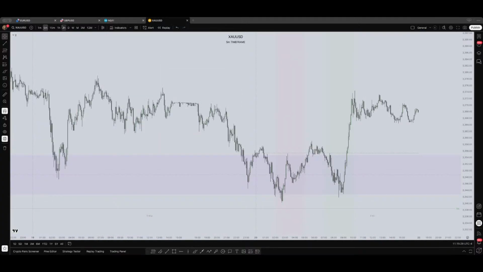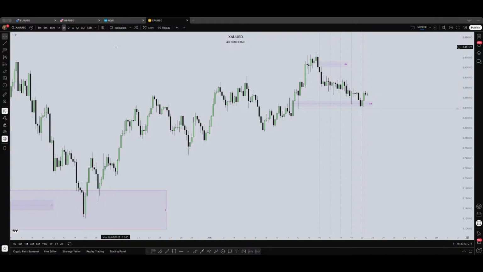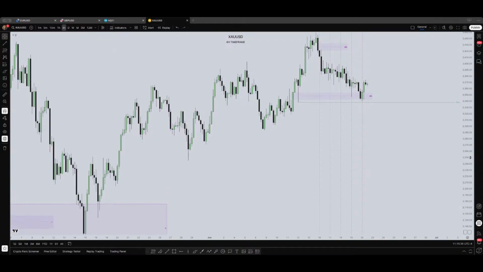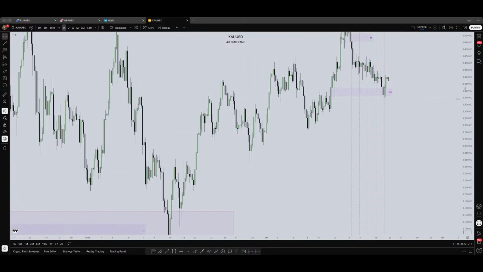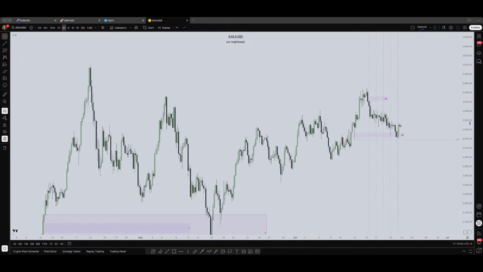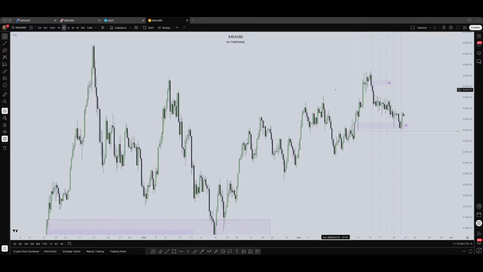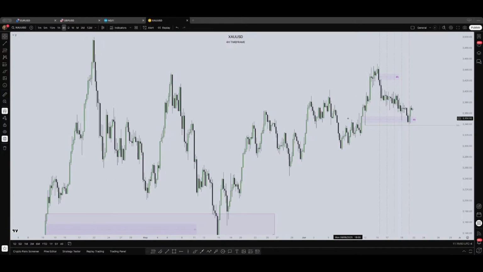This is gold. As you know, gold can be very tricky because it's not directly related with dollar. It's more with geopolitical scenarios, you know, like the wars and this kind of things, which also make oil prices go crazy.